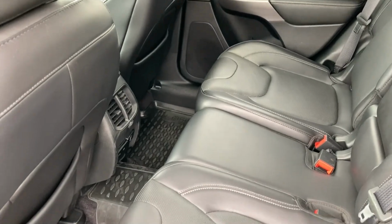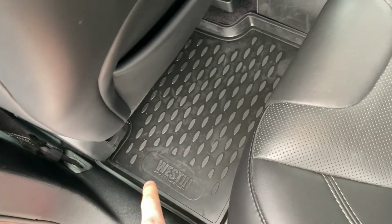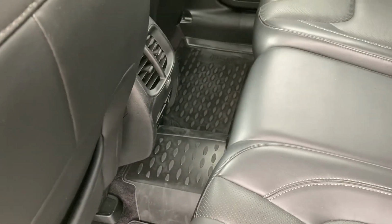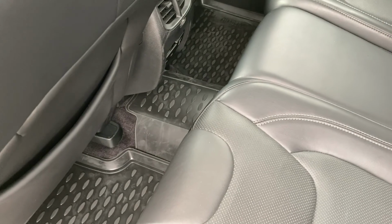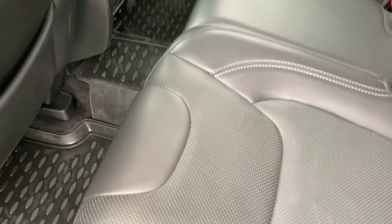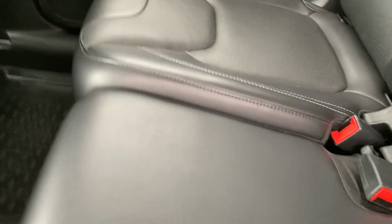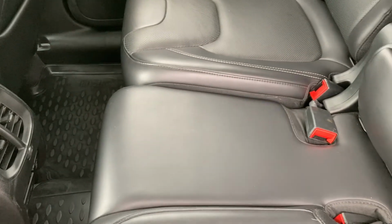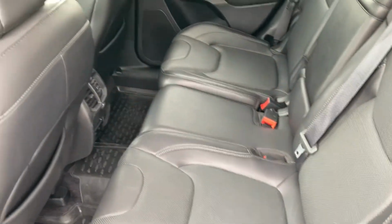Good back seat room. Like I said, all leather interior with aftermarket floor liners that the previous owner had. This is a Texas car, so no rust. Lived in the South pretty much its whole life. What's kind of cool is that these seats can move forward and backward using a lever that's under here. So you can extend the cargo space a little bit or move it back to increase passenger legroom,